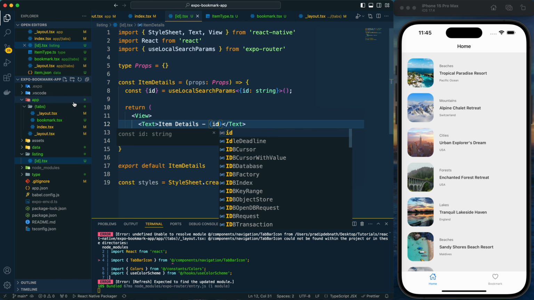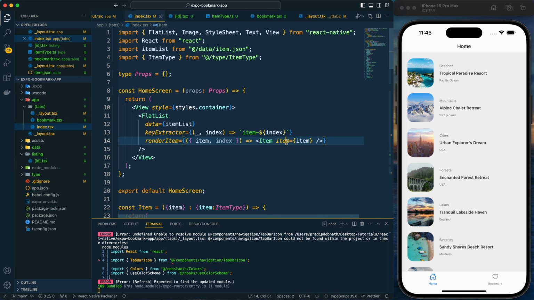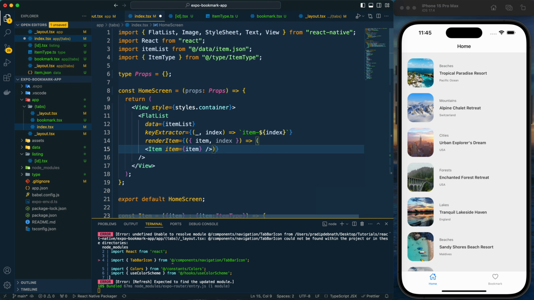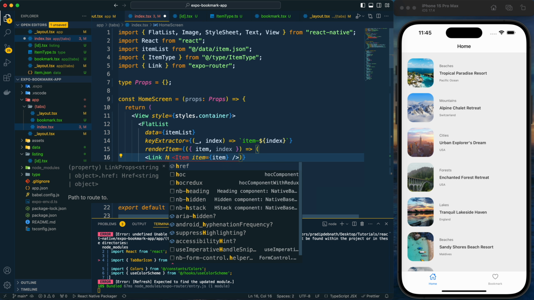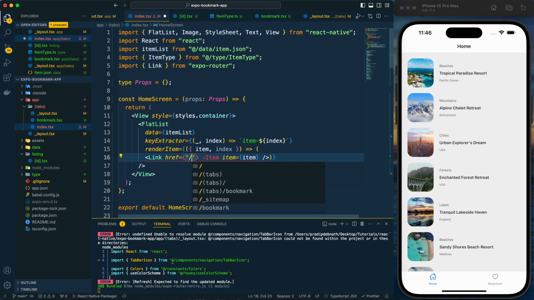Now save it. After that I need to update the render item here. So here first I want to provide it within a parenthesis, and within it let's provide a link, and the link from expo router. Then let's provide href, and it will be listing, and the listing is not showing here. Let me provide that here.